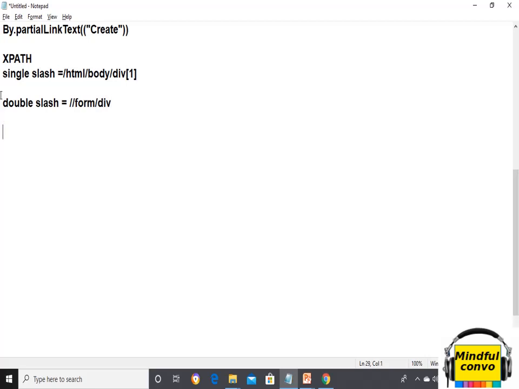Okay, now the other one is single attribute. So if we want to find the element using XPath having a single attribute, then what is its syntax? First of all, we will write double slash, tag, at attribute, and its value.